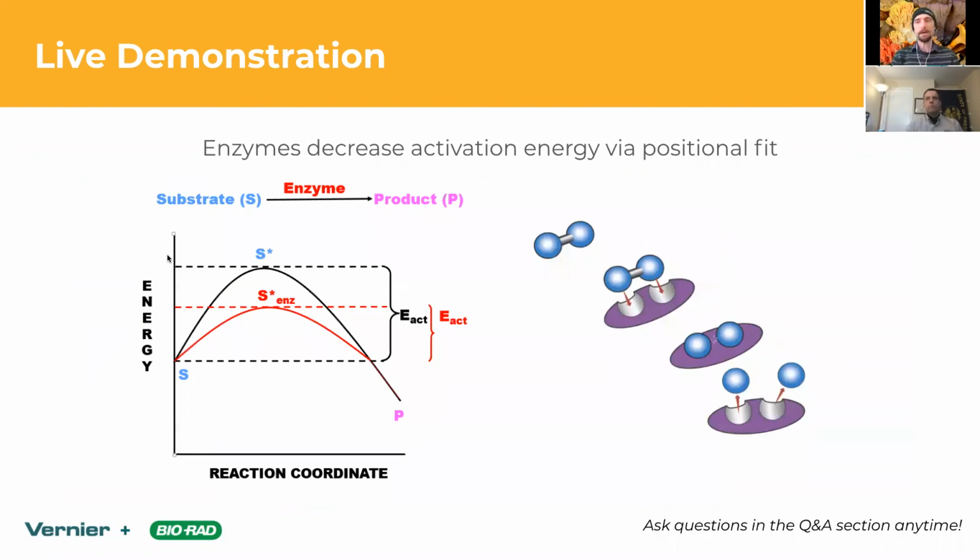So most of you, because you're teaching biology, are very aware of what enzymes do, right? They basically decrease your activation energy. A lot of them will do this through a positional fit. Cellulobiase, the enzyme we will be looking at, does exactly this. It grabs cellulobiose, which is a dimer of glucose, beta-linked. It presents that in such a way that water can easily attack that bond, and you can break that apart and have 2 molecules of glucose to work with.